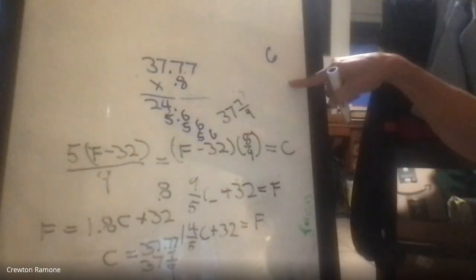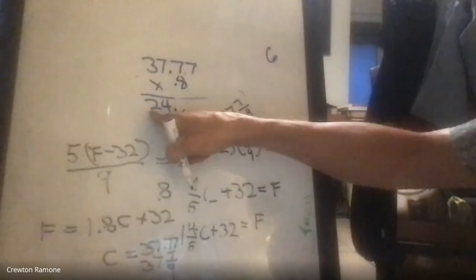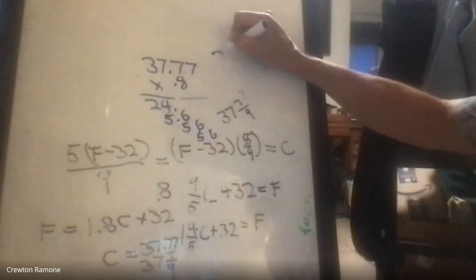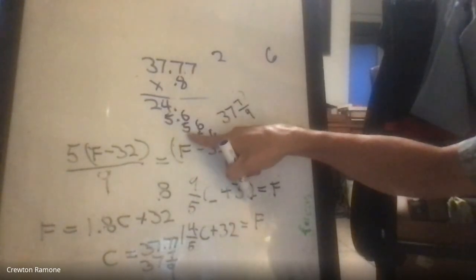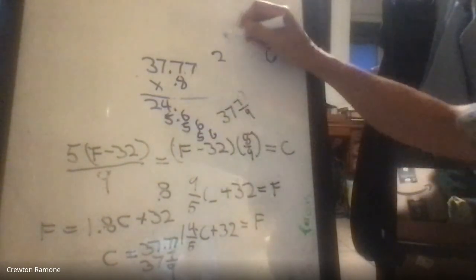Oh, yeah. So here I'm going to get 6, right? 8 times. I know it's the end is 6. And then over here, I know 2. And then I'm going to add 4 and 5 and get 9. But oops, I got an extra one over here. So I have